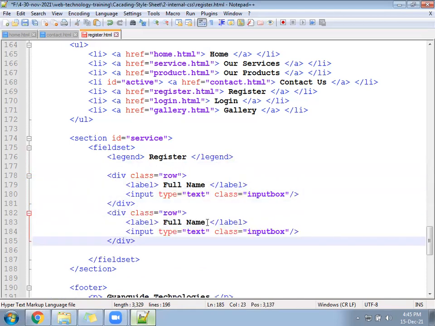Full name, your mobile number, field set and field set, full name and mobile number.